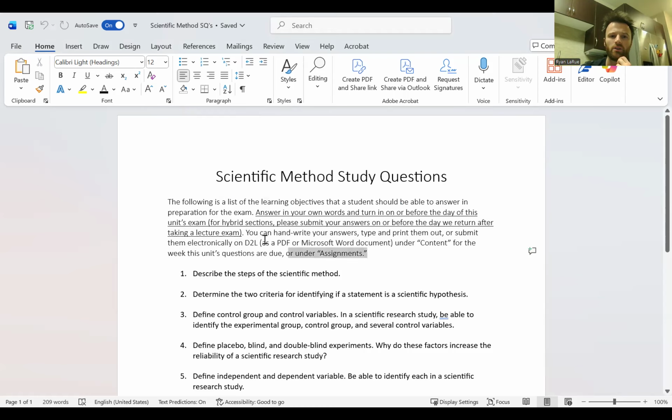But you can handwrite your answers, which I recommend. That's the best way to learn, I think, and remember what you're drawing out or listing. You can type your answers and print them out. That's also totally cool. Or you can submit them electronically. I've had students do all the above. If you handwrite your answers, you can still submit them electronically, and these days, it's easier to do that than ever.